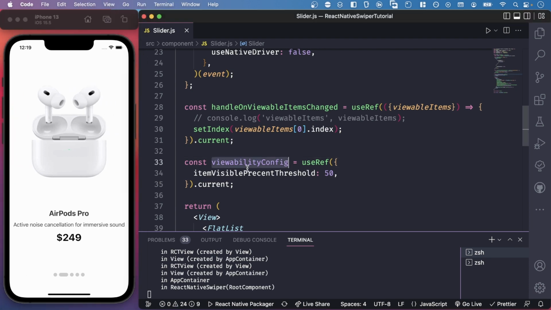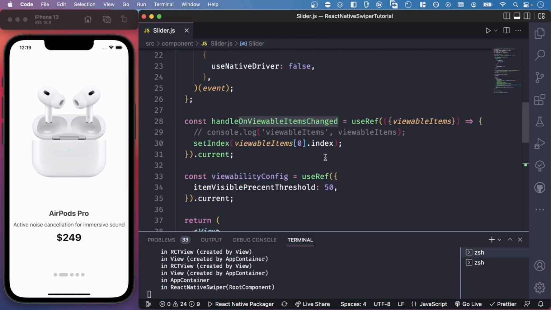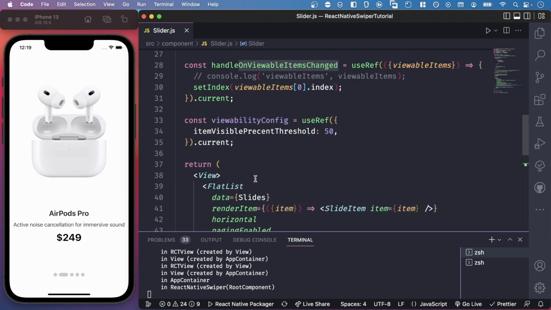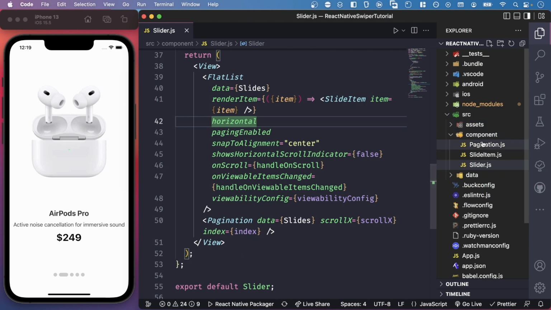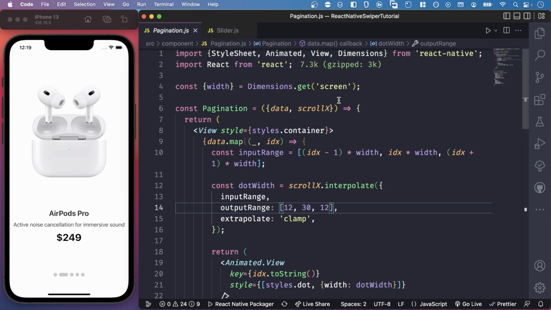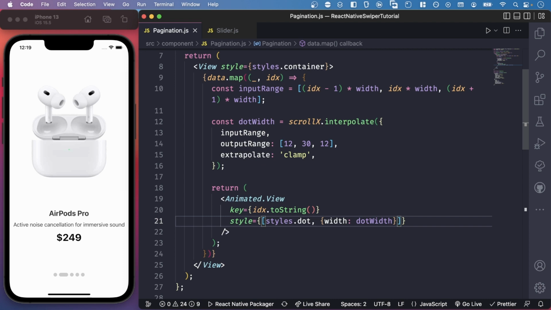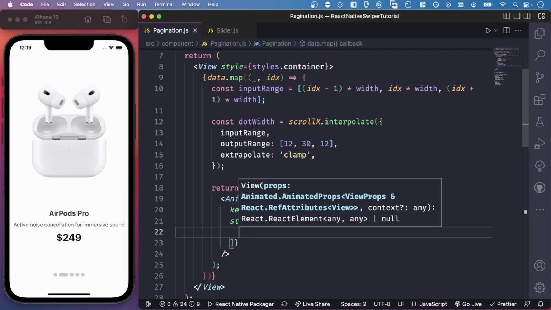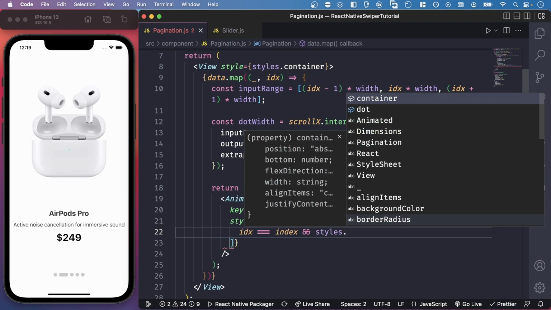That is what this viewability config is doing. So it's just some basic configuration for this viewable items change right here. All right, and now that we have calculated the index, then I'm gonna pass it within the pagination right here. Set this to be index, save it, and then I'm gonna go to the pagination, and then again let's also destructure that. In this case, there is the index, and then down below right here, I'm gonna add this dot and say that if the current index is equal to the index, then we are gonna add this styles dot